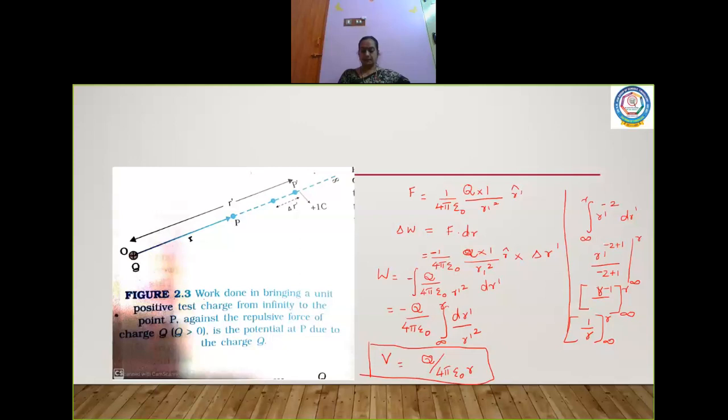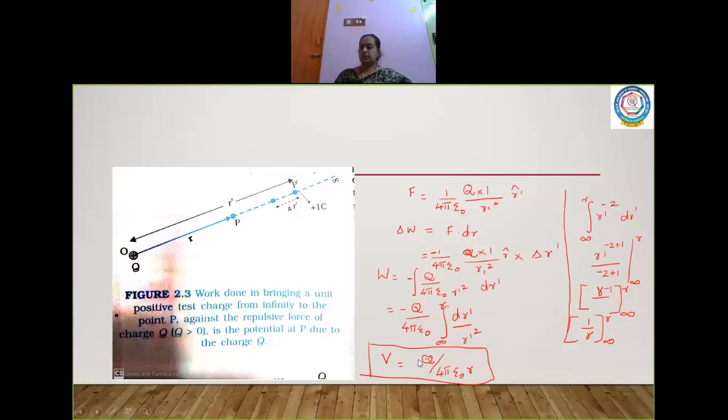And here, I have taken the source charge to be positive. So potential is also positive, the source charge is positive, so I arrived at an equation where the potential value is also positive. Suppose the source charge is going to be negative, in the sense, instead of plus q here, if I have minus q, where q takes the value of less than 0, then the potential also will definitely be less than 0.